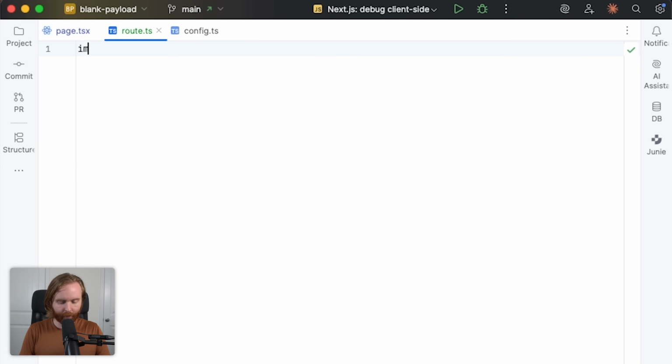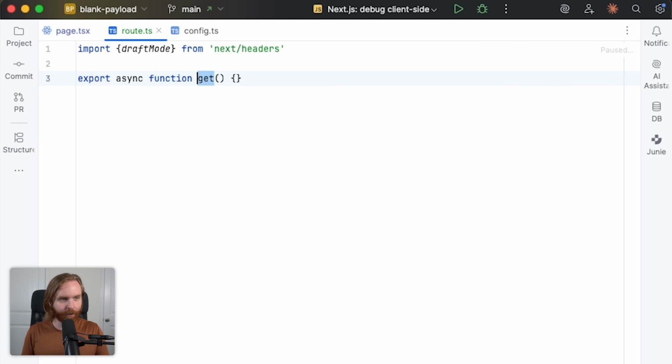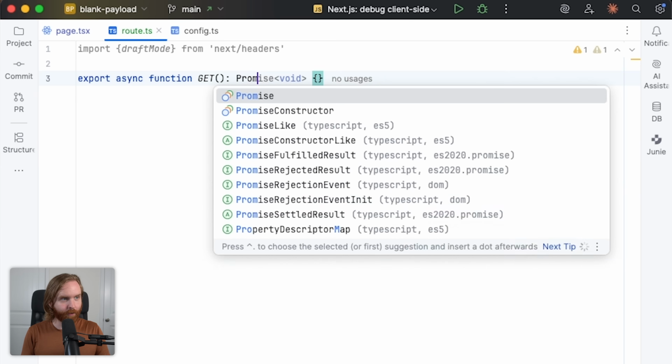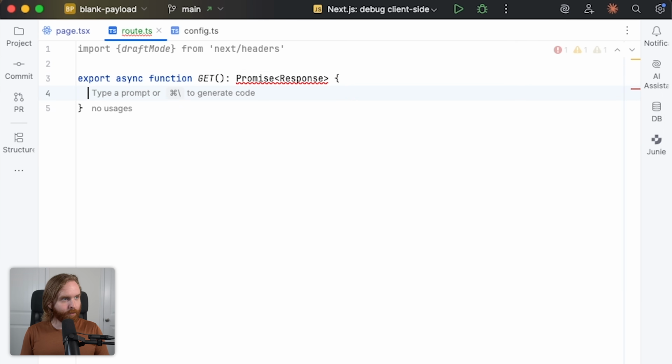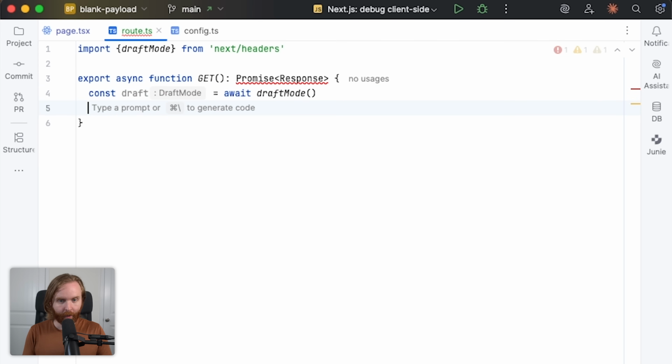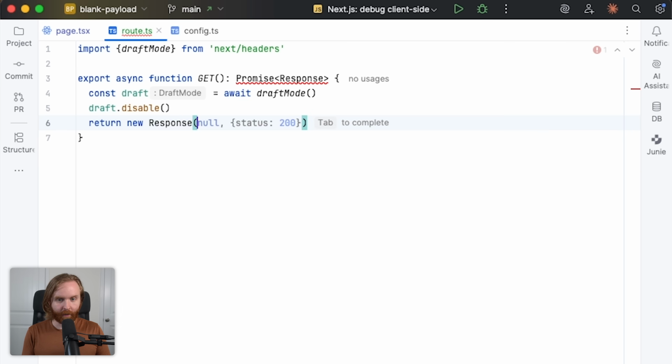In this file, we need to import draftMode again from next/headers, and we're going to export an async GET function. And I'm going to capitalize all of that. And this is going to resolve to a Promise<Response>. And we're going to store our draft mode in a constant called draft, and we need to await draftMode. Then we're going to set the disable flag on our draft, and then we'll return a new response that says